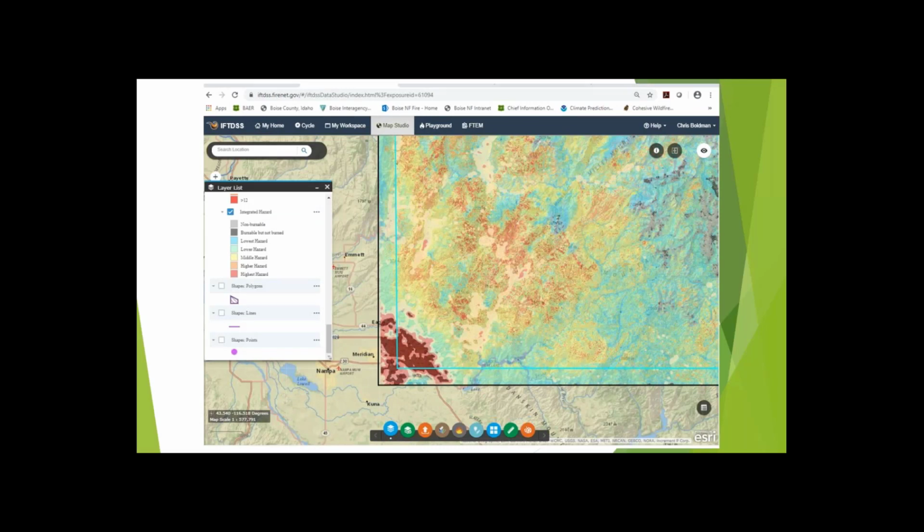And then after the exposure analysis is run, you can see the outputs in the Map Studio. So here you can toggle on or off the different outputs like burn probability, conditional flame length, or integrated hazard. On the screen now is the integrated hazard, and then you can zoom in the Map Studio to areas of interest. And just to orient you guys, because you're maybe not as familiar with this piece of ground as I